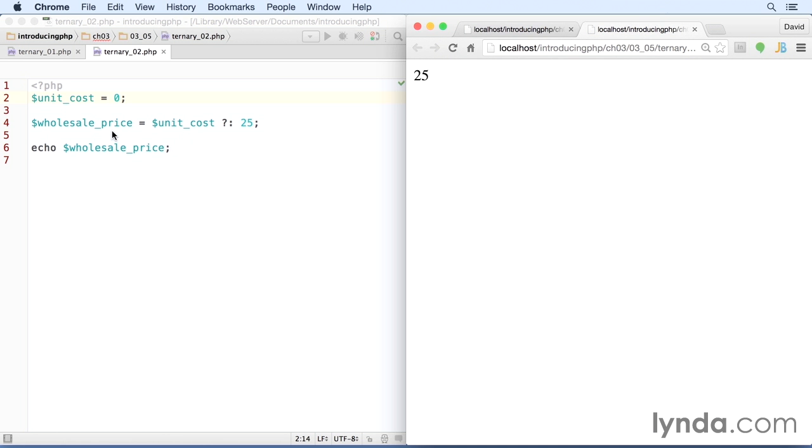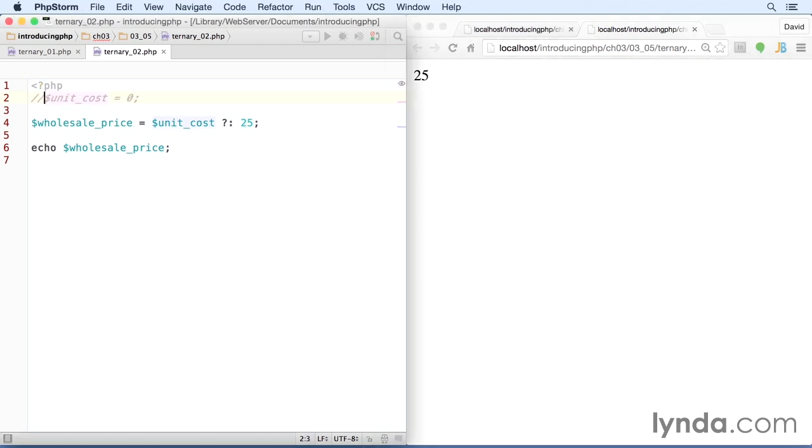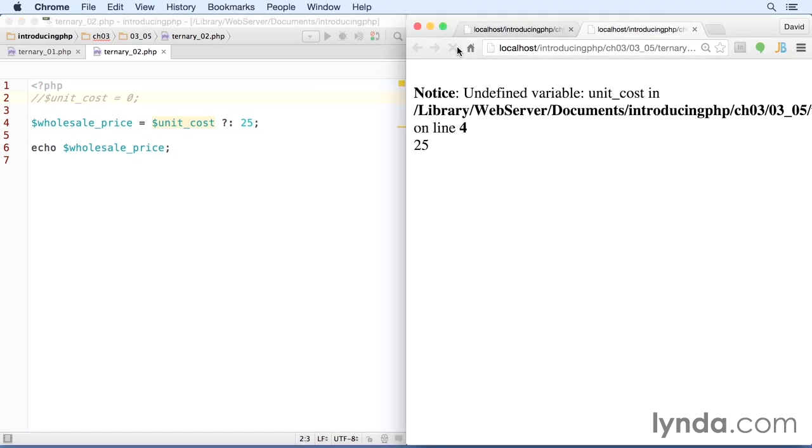But imagine if this was being used to calculate an invoice. A promotional free gift would be charged at completely the wrong price. And another problem arises if the variable being used as the condition doesn't exist. Let's comment out unit cost here on line 2, and then save that and reload the page in the browser. Down here we can see that that value 25 has been assigned, but we've got this notice about an undefined